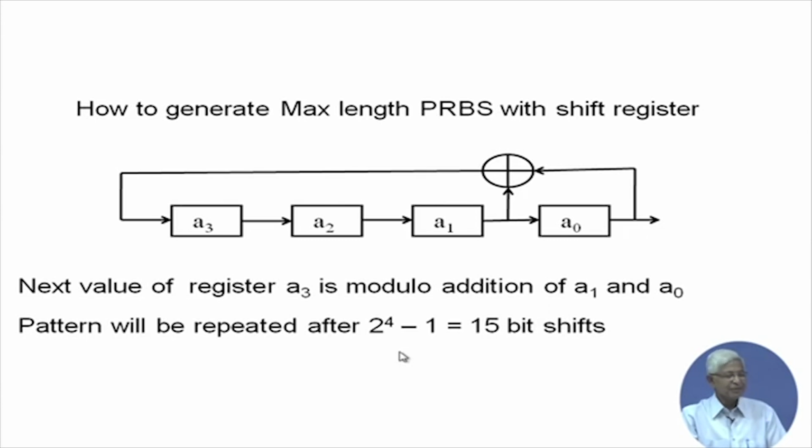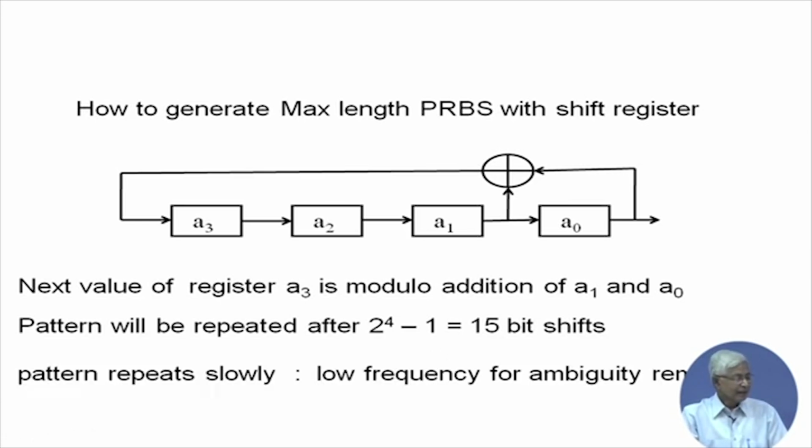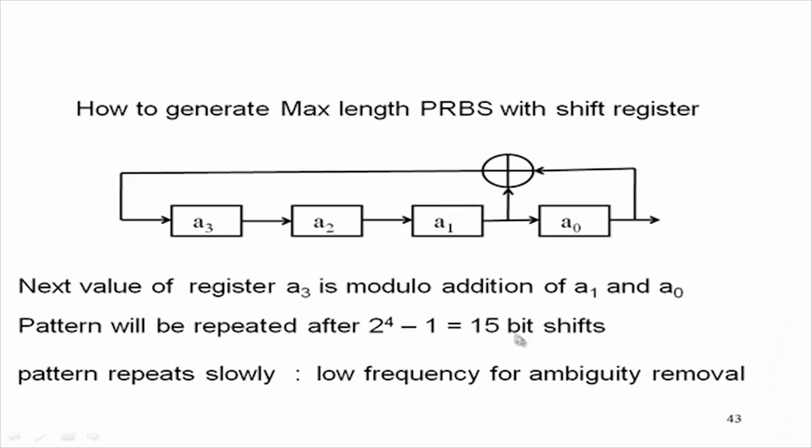It can be seen that the pattern which comes out repeats after 15 bits, that is 2 to the power 4 minus 1, since a 4 bit shift register is used. So it is the maximum length pattern which generates, and within the pattern there is the autocorrelation property, and the bits are random. This can be used. One of the advantages is that, at the bit rate you are sending, this particular pattern is much slower than the bit rate. There are 15 such bits that make this pattern, so it is 15 times slower than the bit rate.